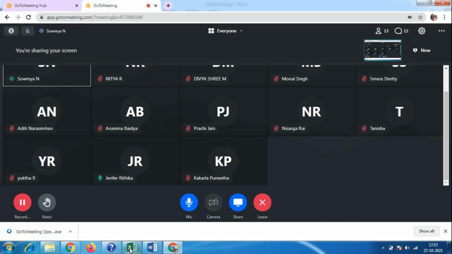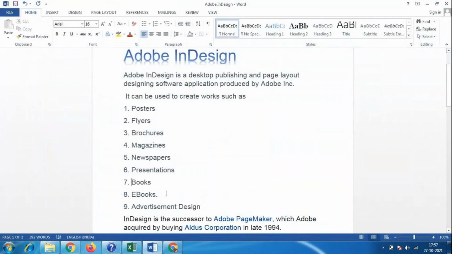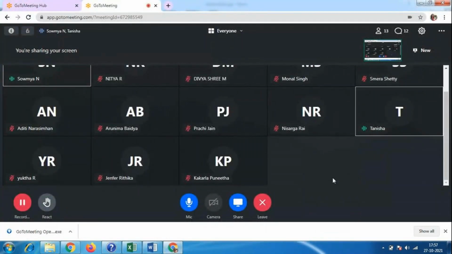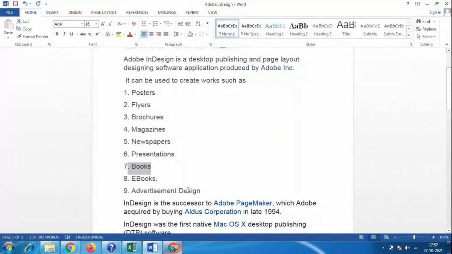Yeah, catalog design I will add here. Catalog designs come with flyers or brochures, anything we can add. I'm asking, in books, what kind of books can we make? Is it novels and things like that, ma'am? All kinds of books: novels, science books, social books, accounts books. Whatever books you are seeing, whatever books you are studying, all kinds of books.